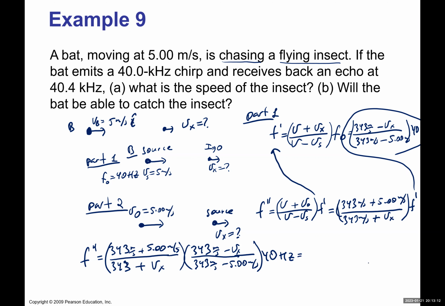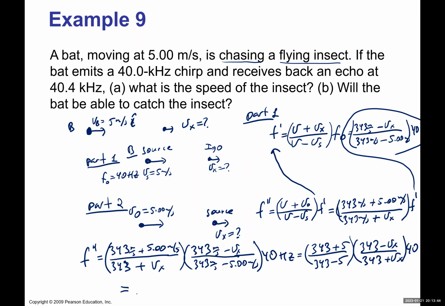Then from here, it will be kind of easy to just combine terms that we know. That means we can just rearrange it where it's 343, let's say plus 5, just to save some room, 343 minus 5, then times 343 minus Vx over 343 plus Vx times 40. So if you put it like this, then one thing we know for sure is that